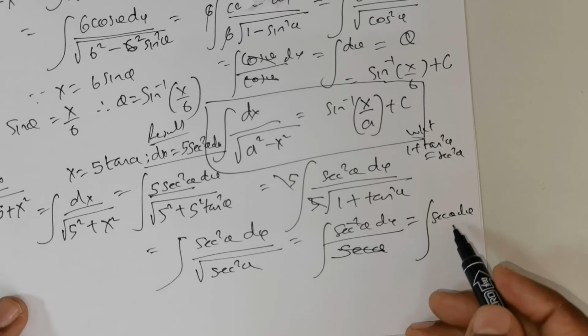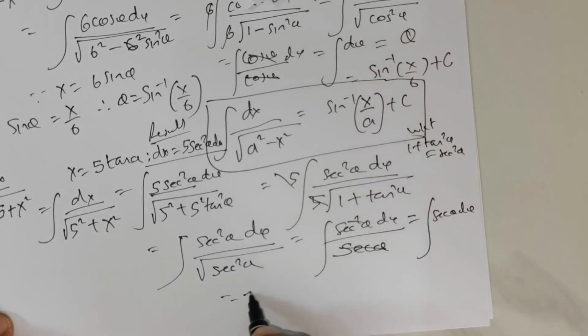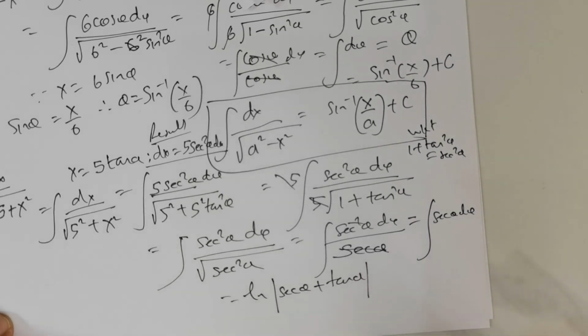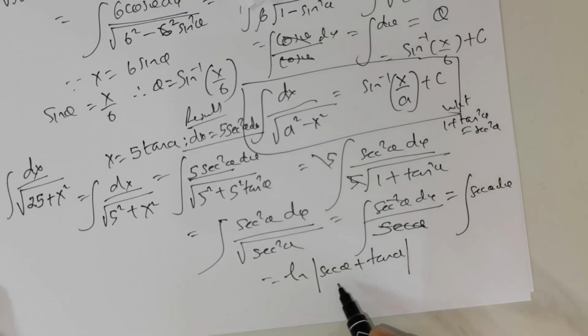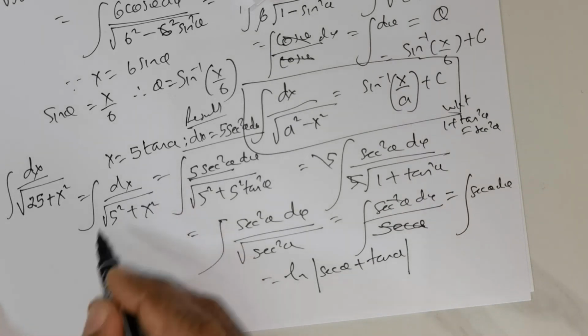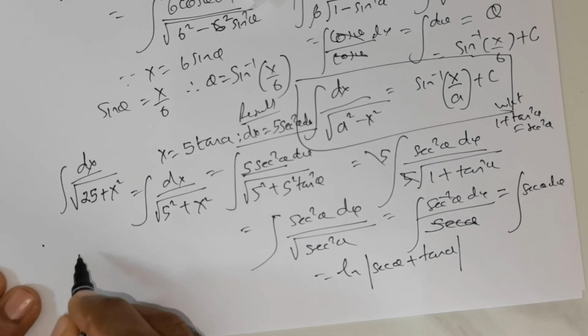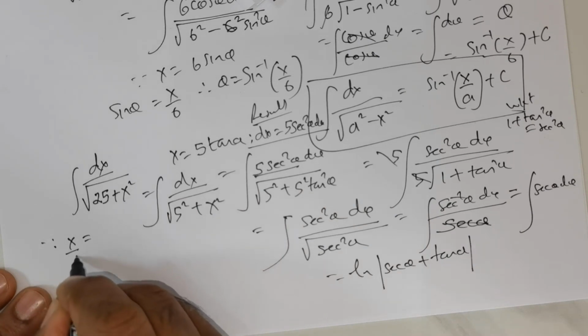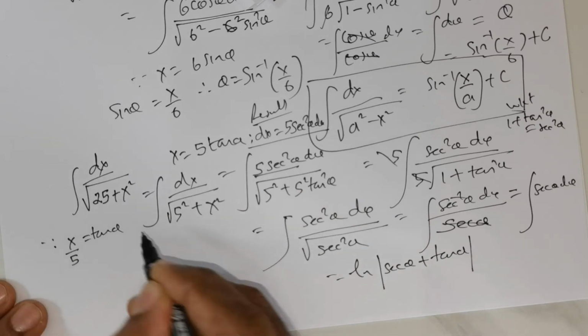Now I've shown you how to integrate this. This is nothing but ln modulus of secant theta plus tan theta. Now we can actually go further, right? Because this can be replaced. Based on the substitution, I can actually replace this with the values that we have here. Since I've taken x equal to 5 times tan theta, x over 5 is equal to tan theta,